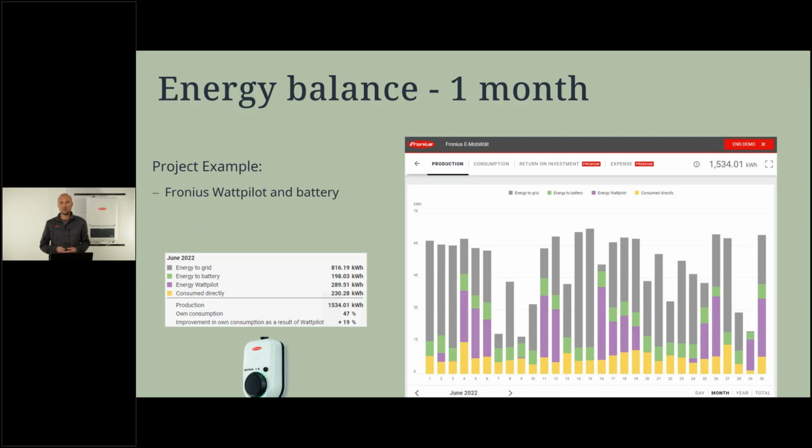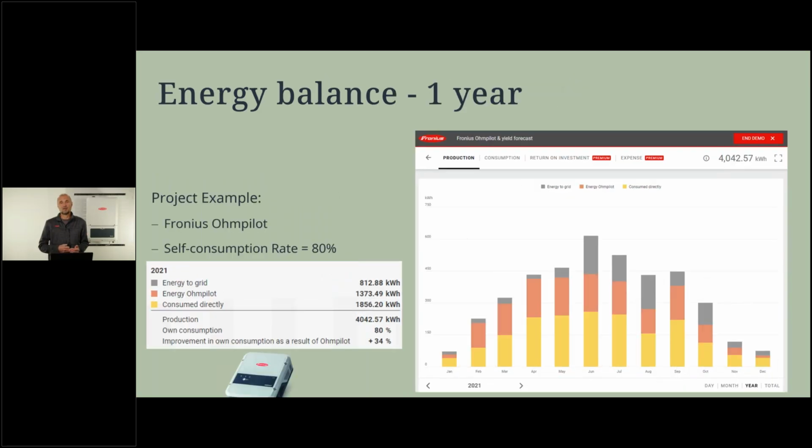As I've shown before, you can see as well the energy balance then for 1 year. So this is from January to December. Production here from Austria, you see January is quite low. The summer months, June, July, is higher, and you see over the year how it's performing. You can also then see the own consumption for the whole year is 80% in this case, and of course also the autarky will be displayed